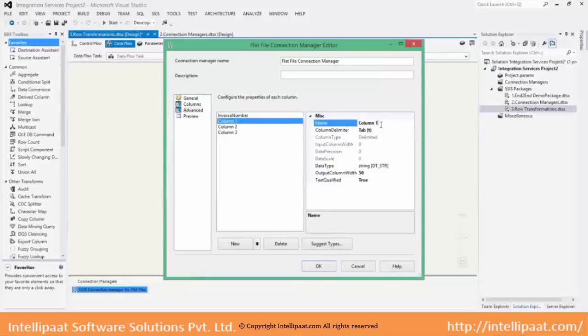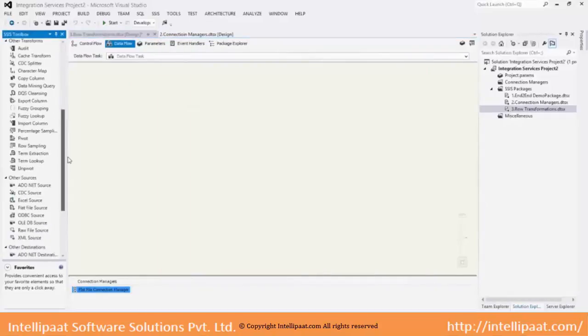First one is invoice number, then vendor name, invoice date, invoice amount. Okay.